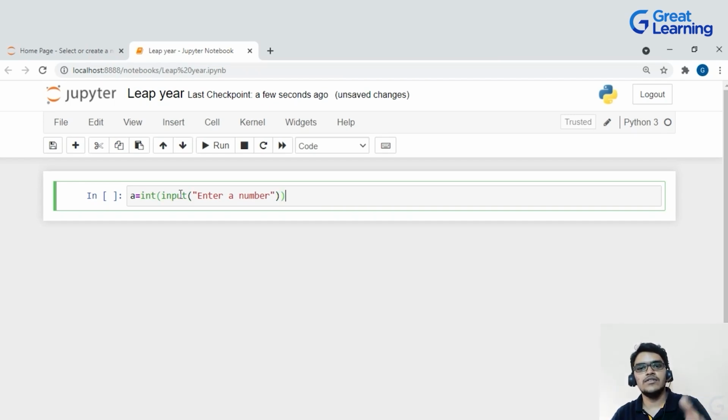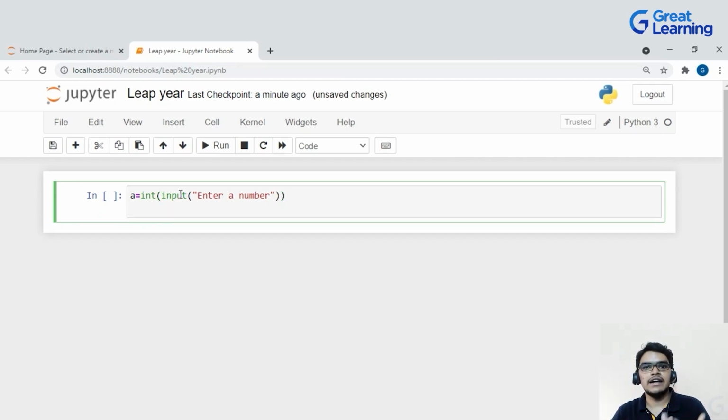So we know that in Python, if you want to take a user input, then you can write this method. After writing this, I will create an if and else statement. So I'll write here if, and I will give here the logic. Instead of a, let me write here year. You can write anything here, but year will be easier to understand. So I will write here if year